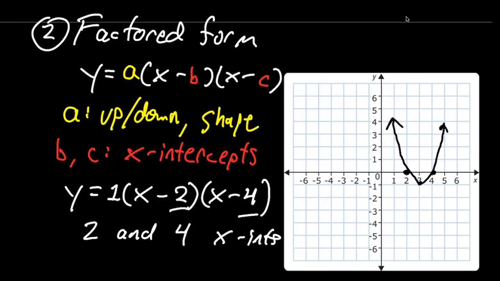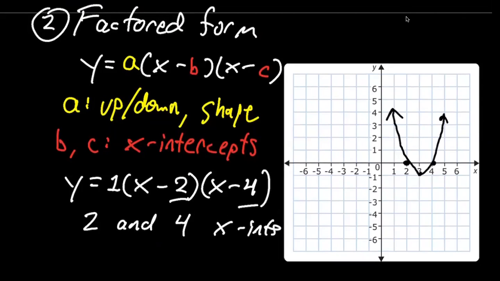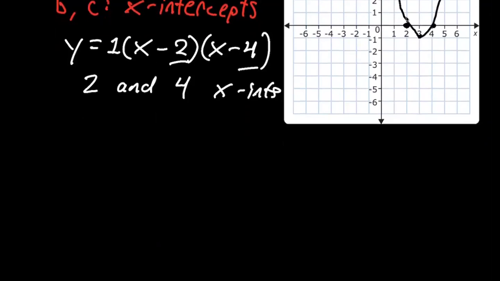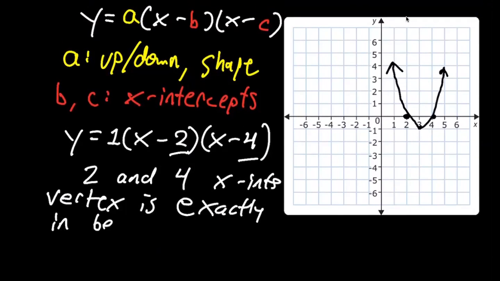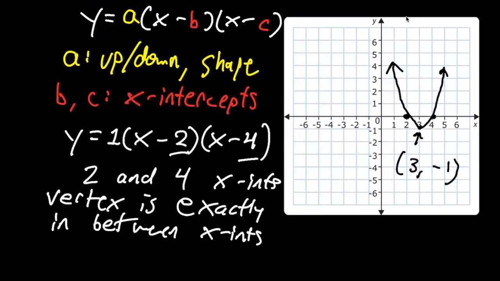Finally, one note is that in factored form, our vertex is going to be in the middle, exactly in between our 2 intercepts, which we can see on the graph to the right. So here our vertex is at 3, -1, and 3 is exactly in between 2